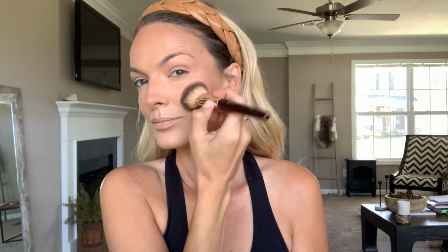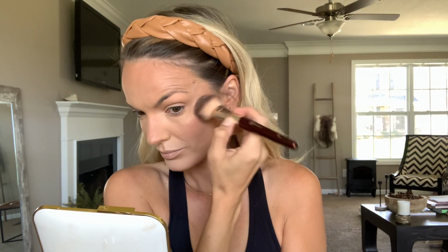Okay, going in with my Actrice from Dior. This is the Rouge blush that I love so much. I got it, I believe, at the e-cosmetics store. Yes, I got that during my collab with them, and I love this blush so much. I got to pick everything out, and this is the,